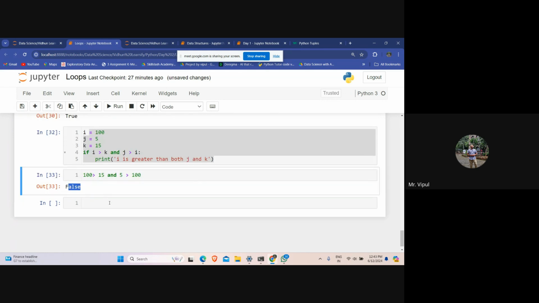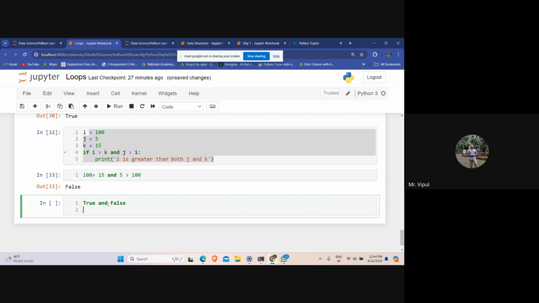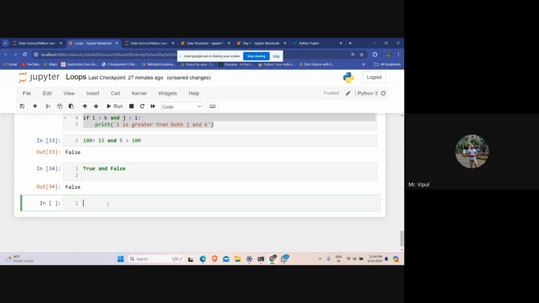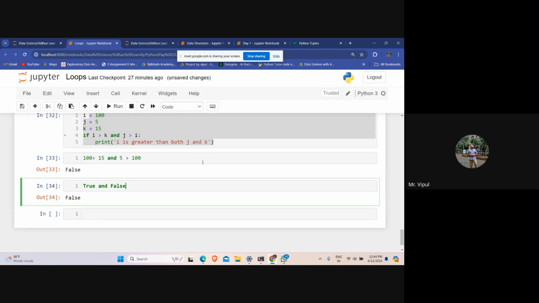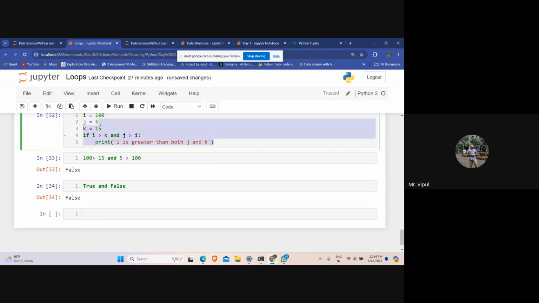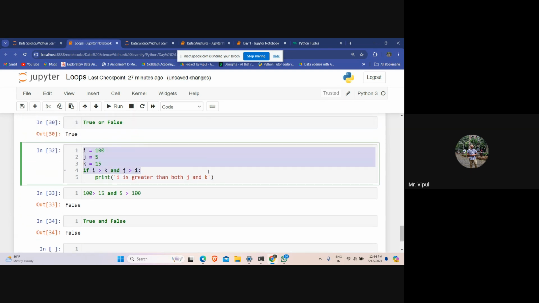False. This is just like you are checking true and false. It will give you false as the output. Is it clear now? So ये false है, इसीलिए आपको output नहीं मिल रहा है.